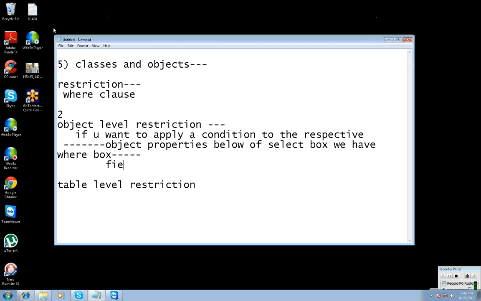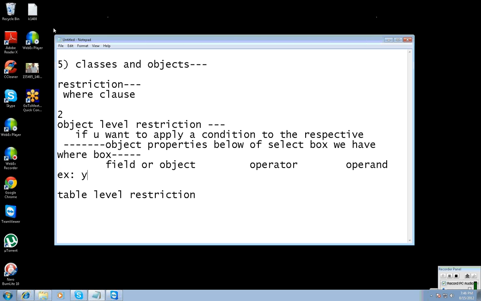Field or object, then operator, then operand. Object, operator, operand. Example: year equal to 2002. That is the where box we have to use.